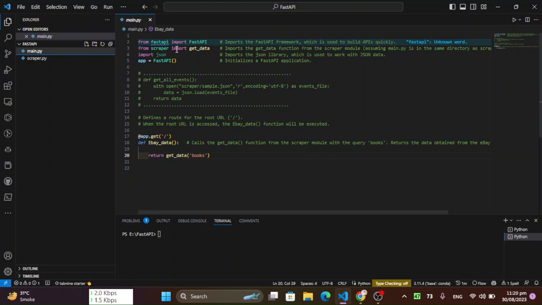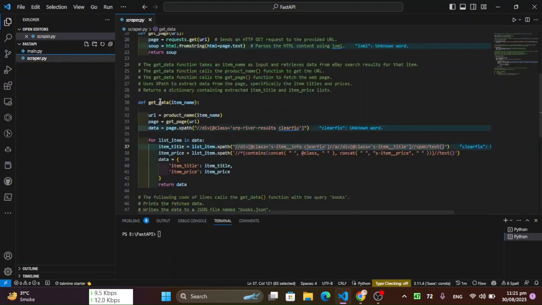The second line, from scraper import getData, imports the getData function from a module named scraper, meaning scraper.py. This suggests that there is a separate Python file named scraper.py in the same directory as main.py, and it contains the getData function. You can see the getData function is already present here in scraper.py.